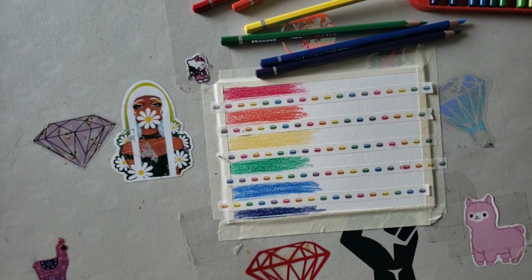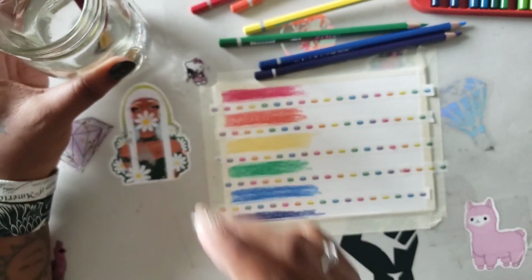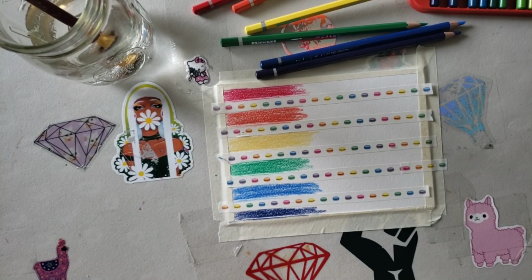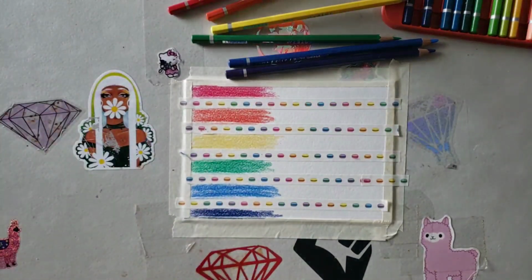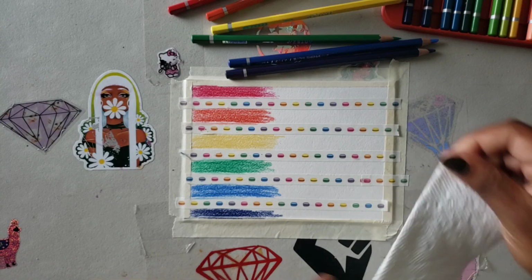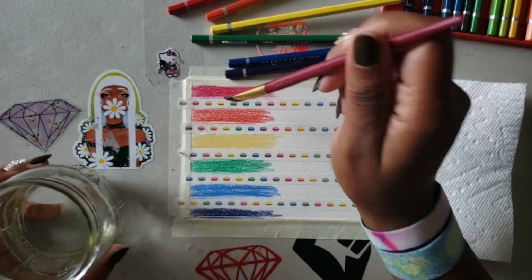So once you have your rainbow down, you're going to need a little cup of water, a little paintbrush, and a little napkin because you don't want to get it too wet. All right. So once you have your water, your paintbrush and your napkin, I'm going to put this off to the side right here. And all I'm going to do